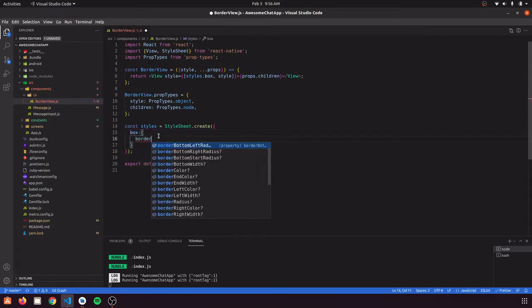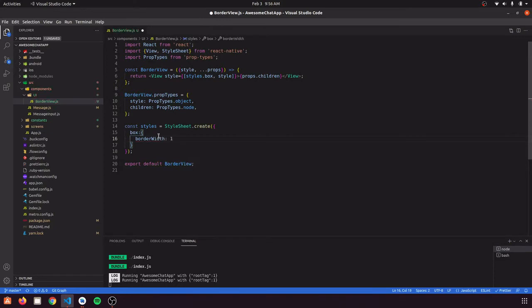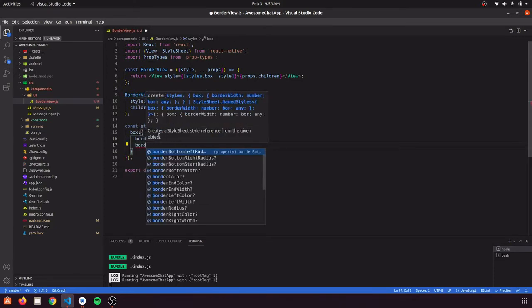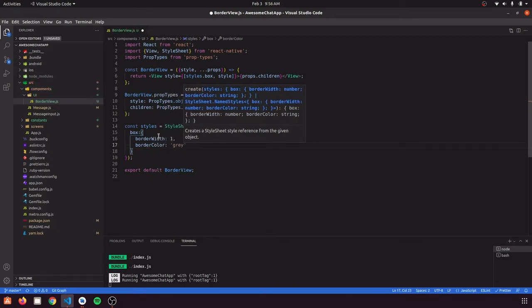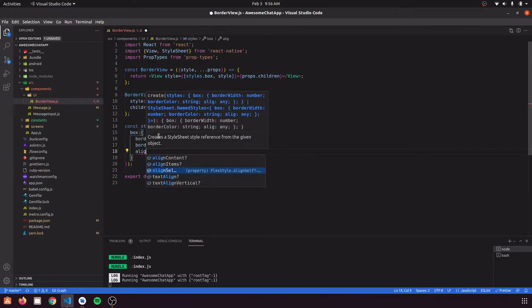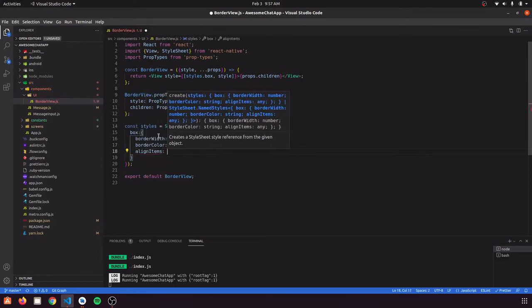Its border width would be equal to 1, border color would be gray, and it has alignItems as center. You can override this by passing alignItems in this style prop also.